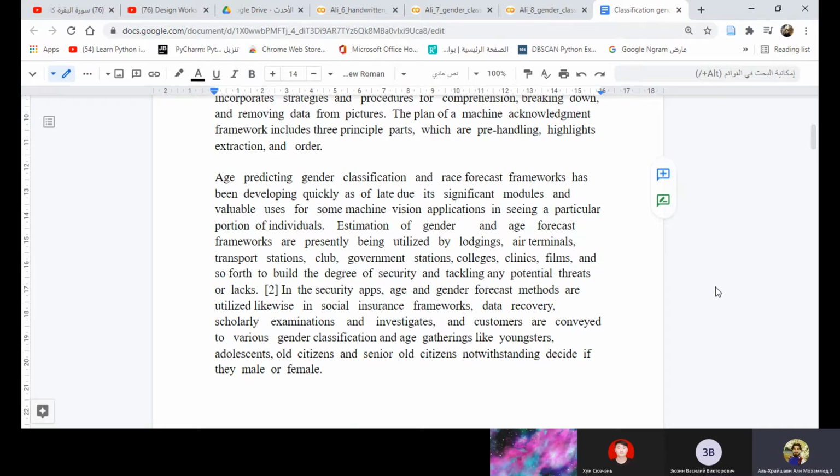Estimation of gender and age forecast frameworks are presently being utilized by lodgings, air terminals, transport stations, clubs, government stations,